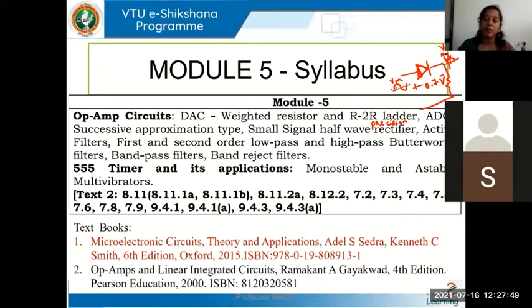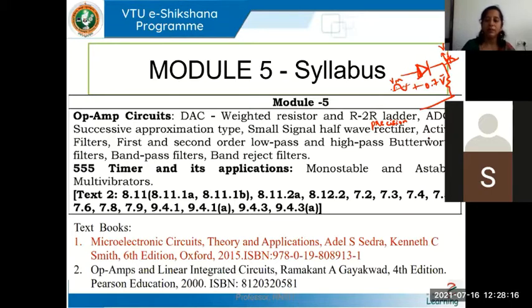It is to rectify, or to convert full sine wave to half sine waves, or to rectify input AC signals whose amplitude is less than 0.7 volts. Okay, it should rectify AC signals with amplitude less than 0.7 volts. Those circuits are precision rectifiers. Again, half wave and full wave are available.